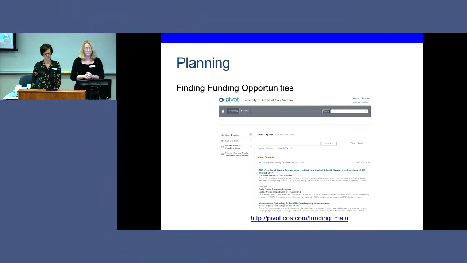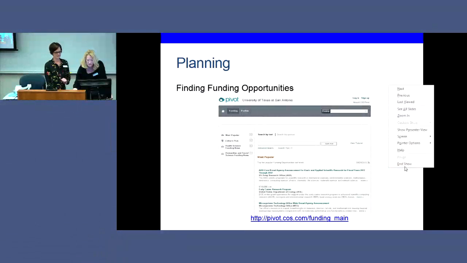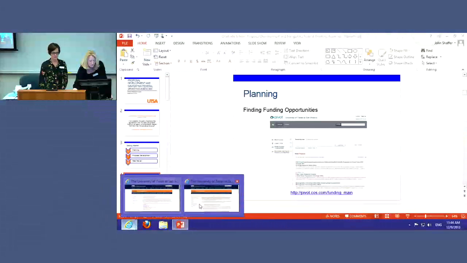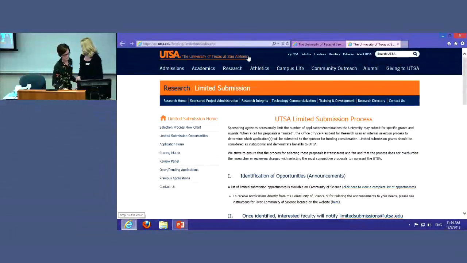And what we're going to show you first is Pivot. Pivot is a web-based tool that the University of Texas at San Antonio contracts with. And I'm going to let Raquel tell you a little bit more about Pivot. So the University of Texas San Antonio has an account with the Community of Science. And the Pivot tool is what we use to find